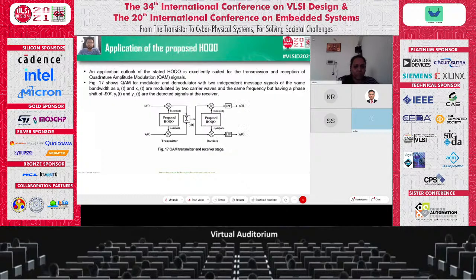So the application of the proposed hybrid quadrature oscillator configuration. So an application outlook of the stated configuration is studied for the transmission and the reception of the quadrature amplitude modulation signals. So figure 17 shows the quadrature amplitude modulation modulator and demodulator with two independent message signals such as XI(t) and XQ(t), which are modulated by two carrier waves with the same frequency but having a phase shift of 90 degrees. So here the proposed quadrature oscillator has been utilized, and